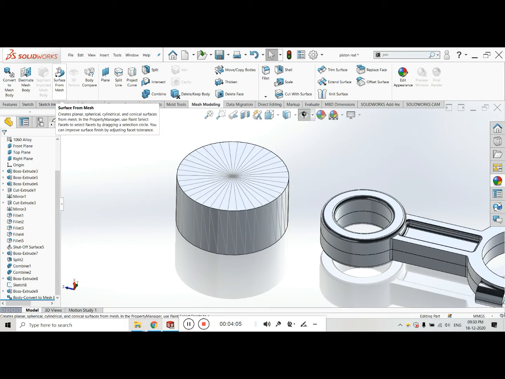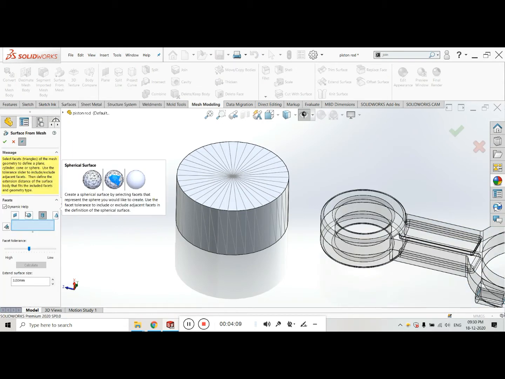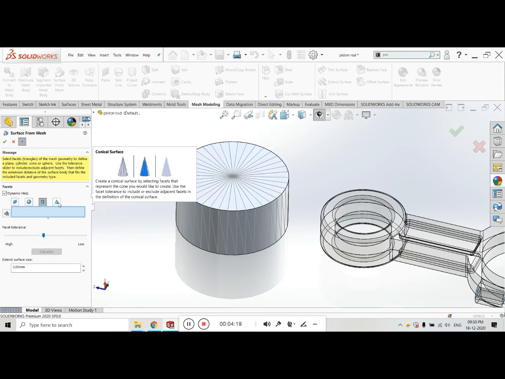Now it's time to make the surface from mesh. Click on surface. There are types of surface: the first is a planar surface, the second a spherical surface, the third a cylindrical surface, and the last a conical surface. It will create the surface from the mesh.